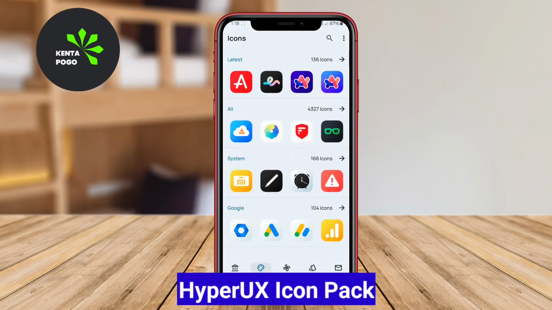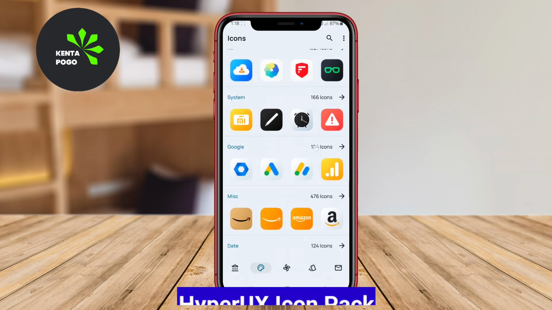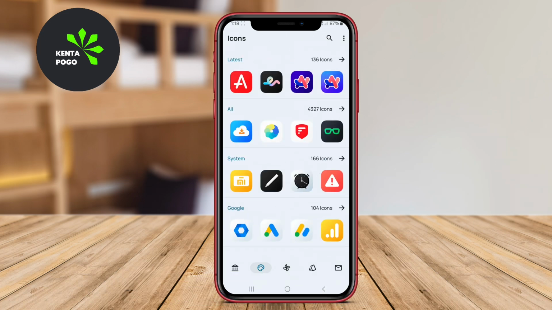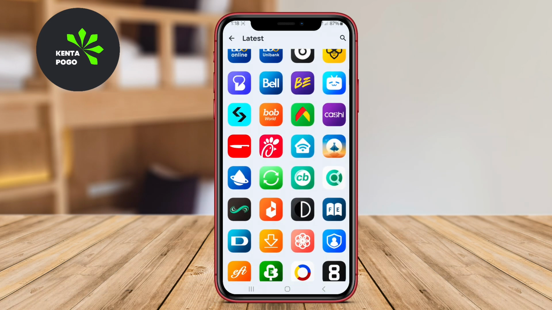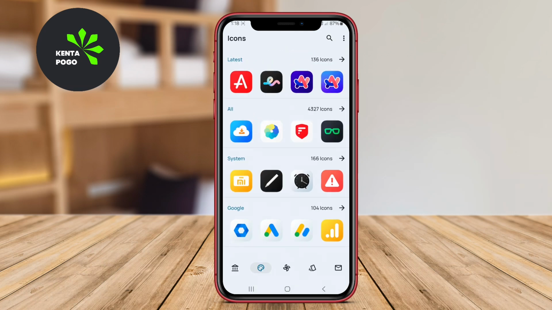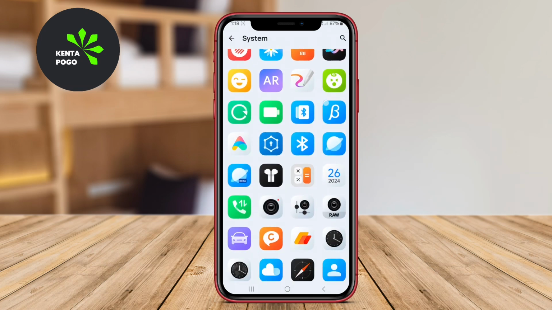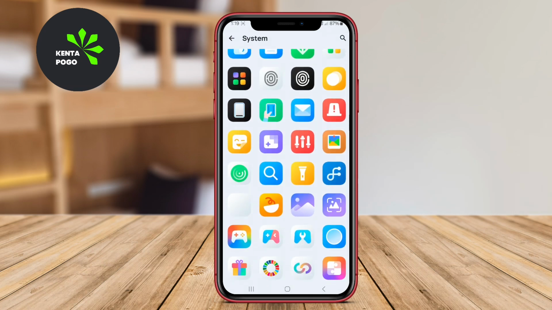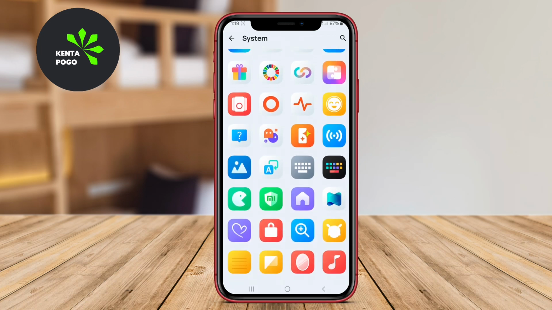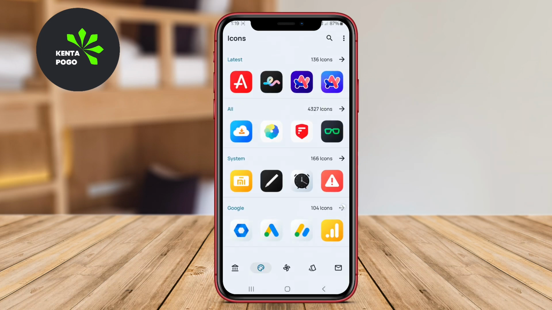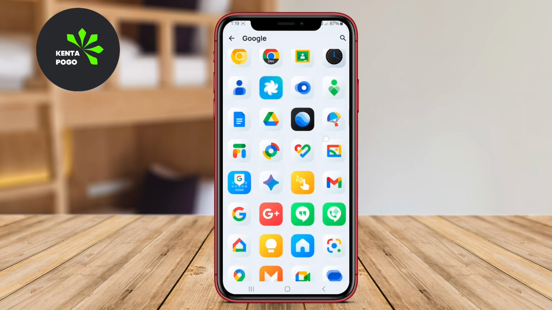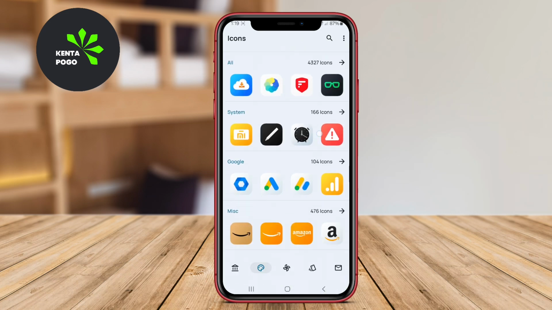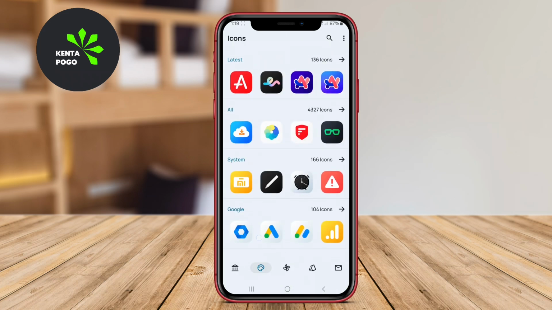HyperUX Icon Pack. HyperUX Icon Pack is a vibrant and stylish icon pack designed to give your Android device a fresh and modern look. With over 3,000 beautifully crafted icons, this pack supports a wide range of launchers, allowing for easy customization of your home screen. The icons feature a unique design with a blend of colorful gradients and sleek outlines, making them